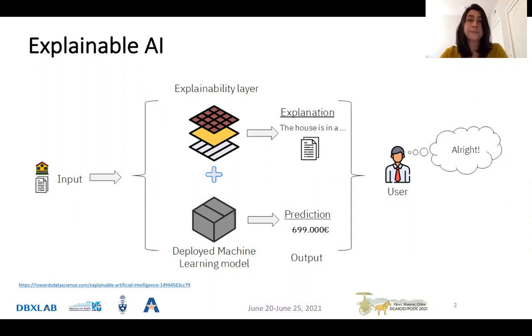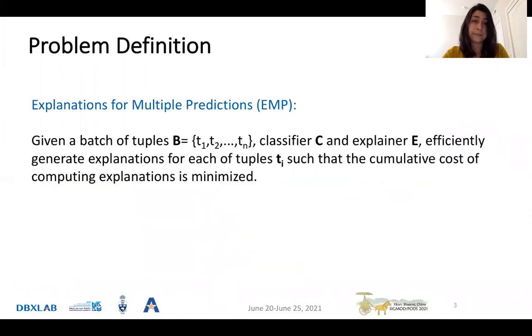machine learning model. For example, if you use a machine learning model to predict the price of a house, then the explanation about this prediction could be: this house costs this much because it is located in a nice neighborhood, it is fairly new, and it's designed by a famous designer. As you can see, model explanation is a great way for debugging an ML model and for understanding whether or not it's doing the right thing.